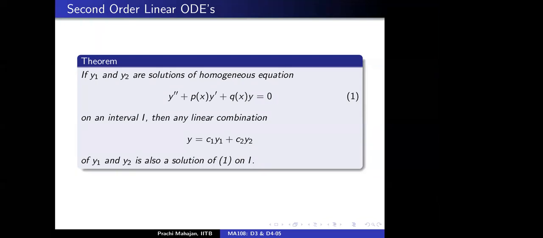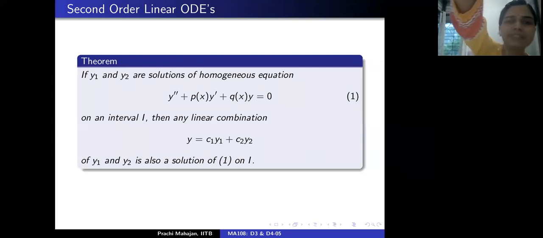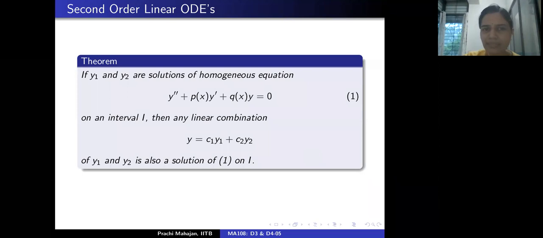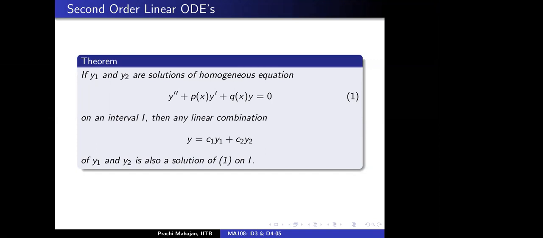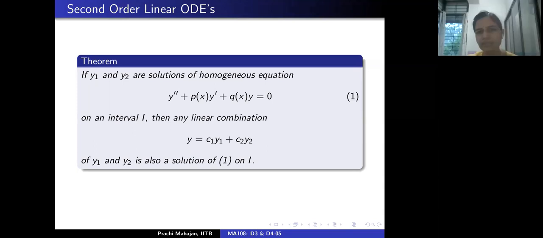Okay. Let's see. You want to say y1 and y2 are a basis of the solution space. See, we don't know y1 and y2 are bases. y1 and y2 are any two solutions as of now. y1 and y2 need not be linearly independent, and I'm not saying that y1 and y2 span the entire solution space. So there is nothing of that sort asserted here. All I'm trying to say is, if y1 and y2 are solutions of this equation 1, then any linear combination is also a solution.